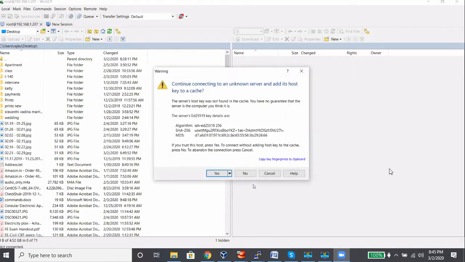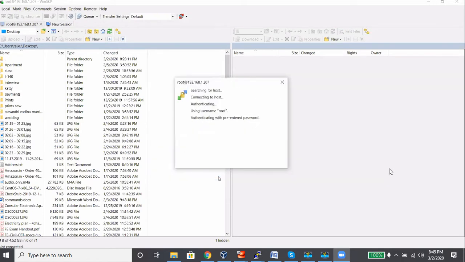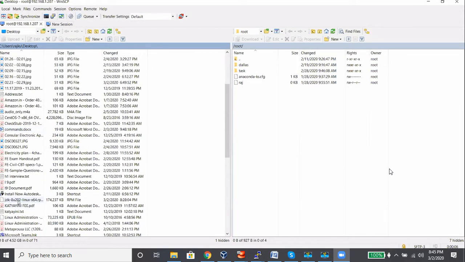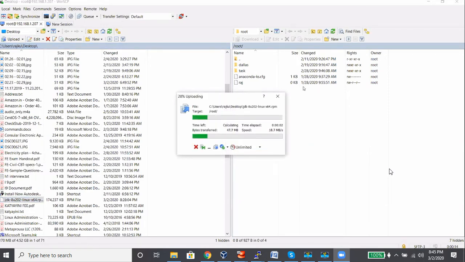Enter. This gives me access. Here I have the Java JDK downloaded. Right click, upload. I'm uploading it to /root.